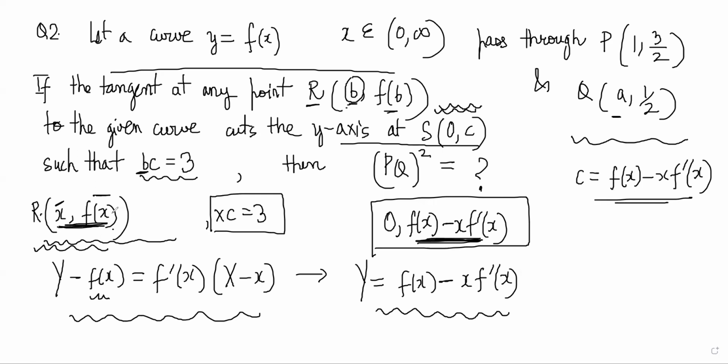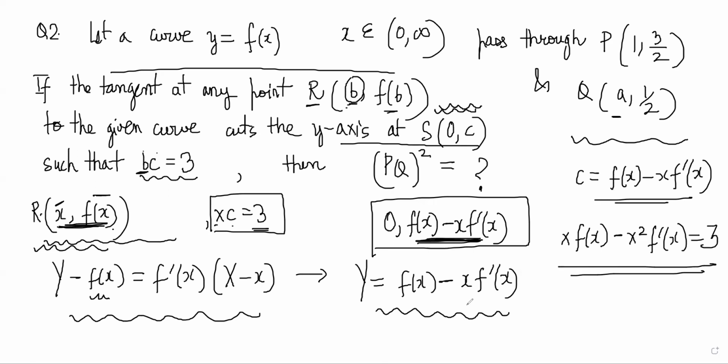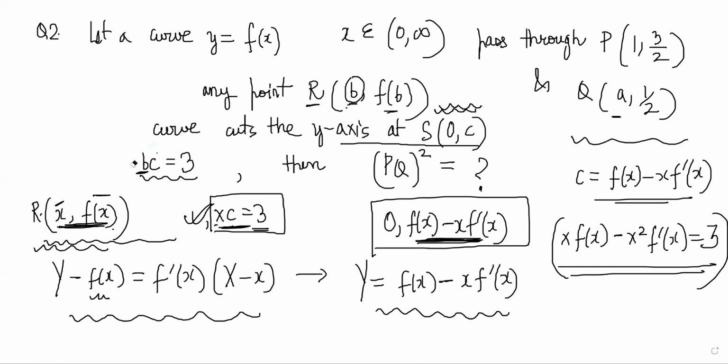And now we also know that b times c or x times c is 3. So what we can say is x times f of x minus x square times f dash x is equal to 3, right? Because of this relation, x times c is 3. Therefore, this is coming, right? Yes, sir. Yashwant, are you understanding what I'm saying? Yes, sir. Okay. So now what we have is this question has gone from AOD question to differential equations question,